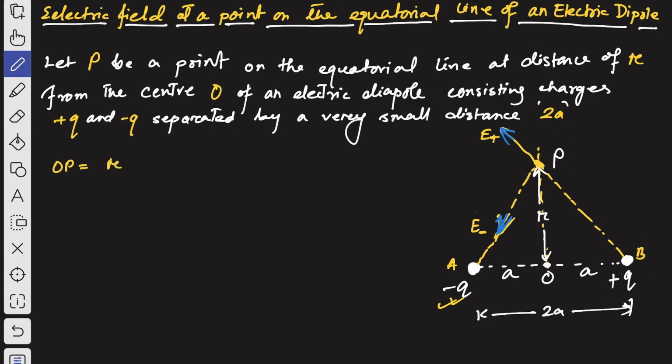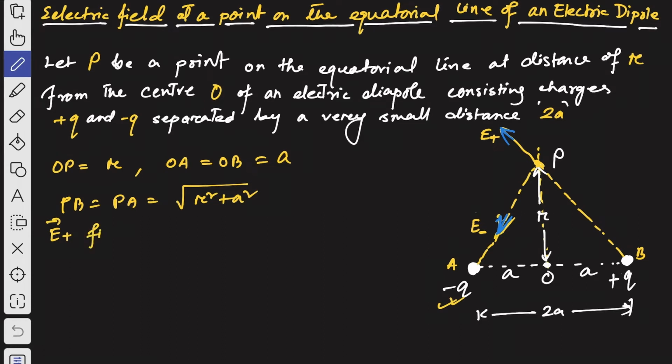Now here we have OP equal to r, OA and OB equal to a, and using Pythagoras theorem you can write PB is equal to PA is equal to root over r square plus a square. If we use Pythagoras theorem you will get that. So now let us assume that the angle between